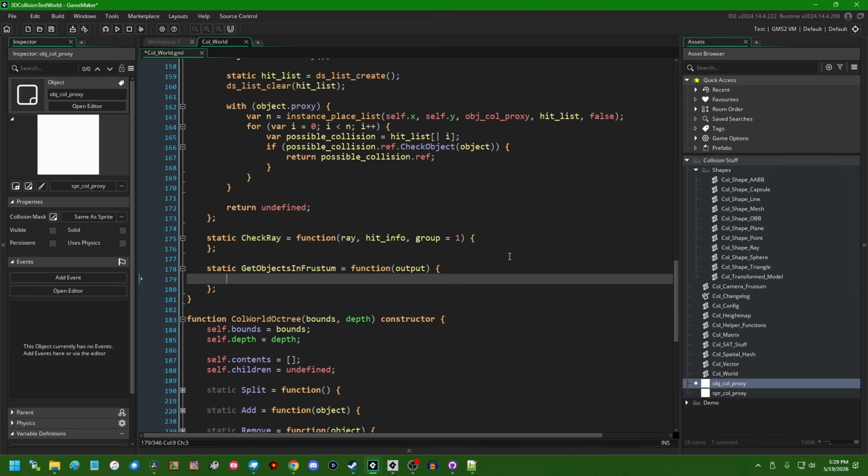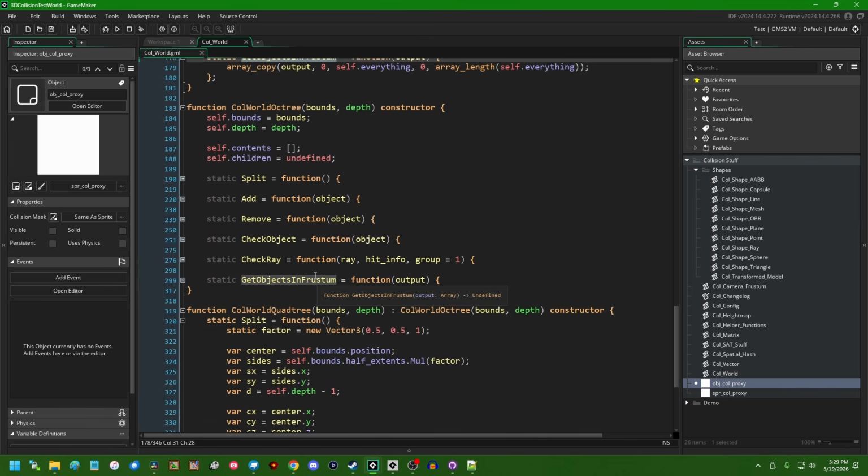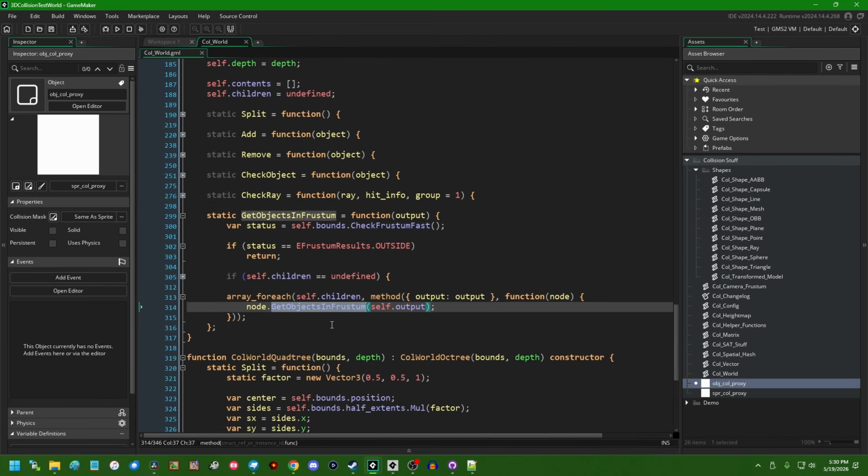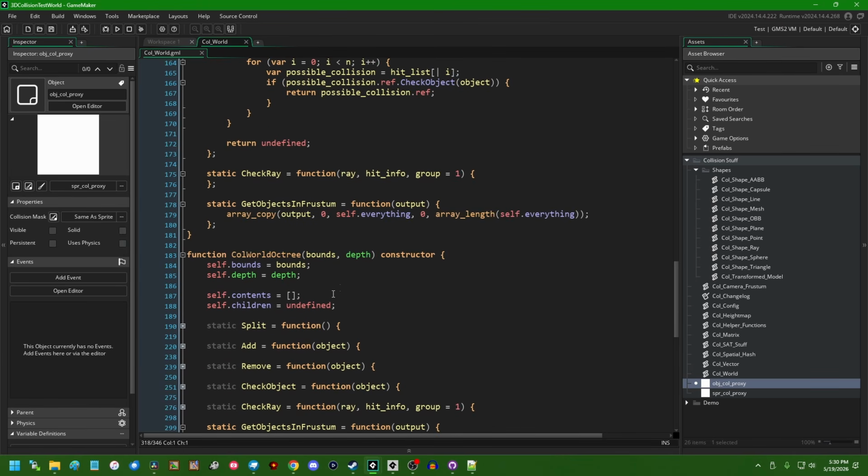So when we do get objects in frustum, I will need to array copy. The destination is the output, destination index is 0. Source array is everything. Source index is 0. Length is going to be array length of everything. So we're not just going to return an array or anything like this, because this does need to work. This is a little bit complicated in the recursive structures, because you need to build the list for each recursive node in the tree, which makes it a little bit harder. Anyway,